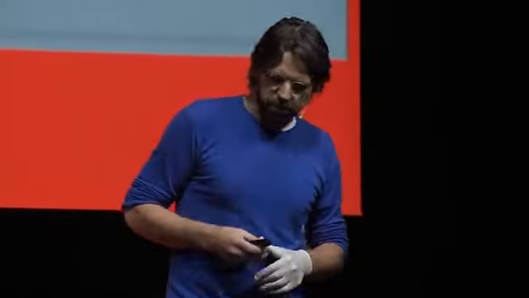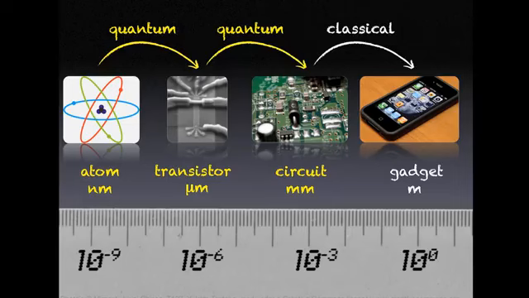And particularly, because we're in the quantum information business, we want to extend the level of quantum from the atom to a transistor. That is already the case. That's working very well. But we want to bring it even up to a higher level of complexity, so that a complete electronic circuit behaves quantum mechanical. And it would win so much in efficiency, you would not believe it. And that would also make our gadgets a lot faster.